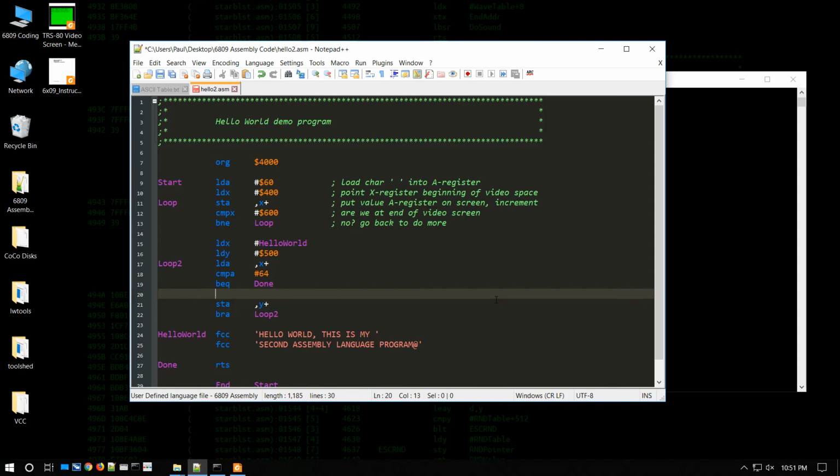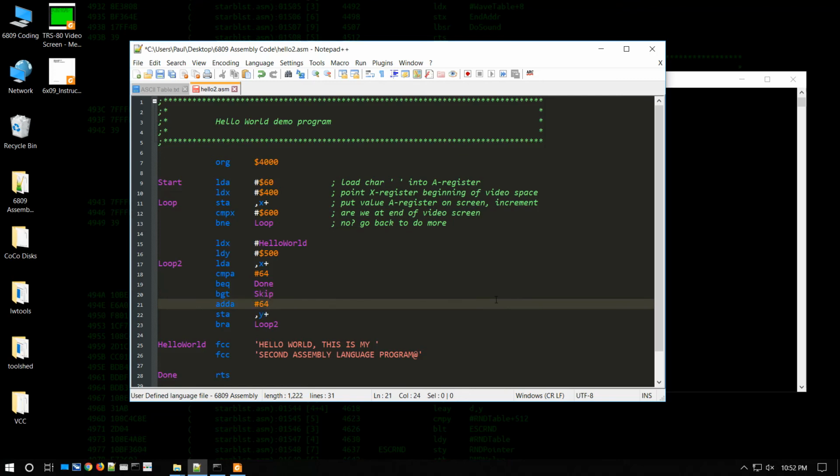So what I'm going to do is add a statement where let's add to our A accumulator the value of 64 for anything that is less than 64. And just before that, I want to do a test to see if we have anything greater than 64, and we want to skip over that add A statement. So I'm just going to create a skip label here. And where we want to skip to is the store A